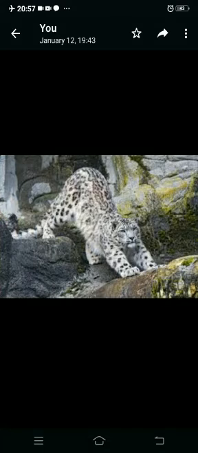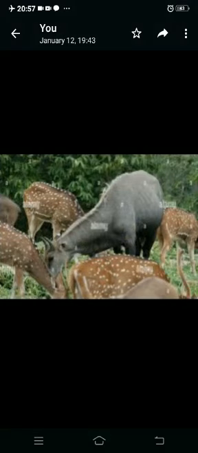Snow leopards, wild goats, etc. are found in the Himalayan region. Besides these, many other animals are found in our country, such as wolf, nilgai, cheetal, etc.